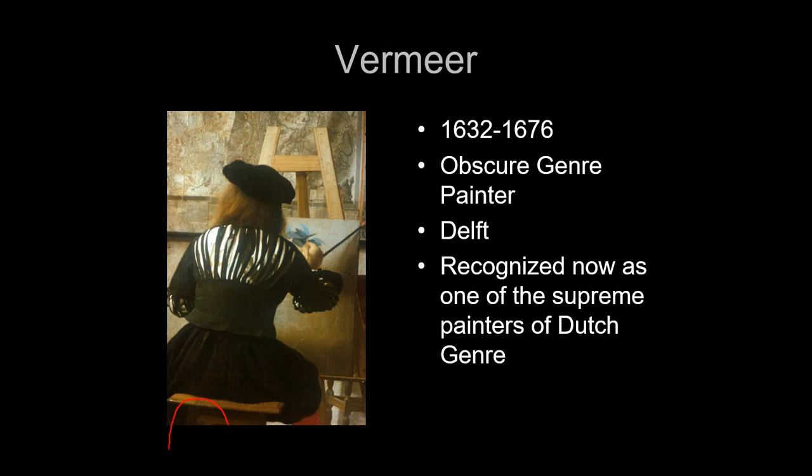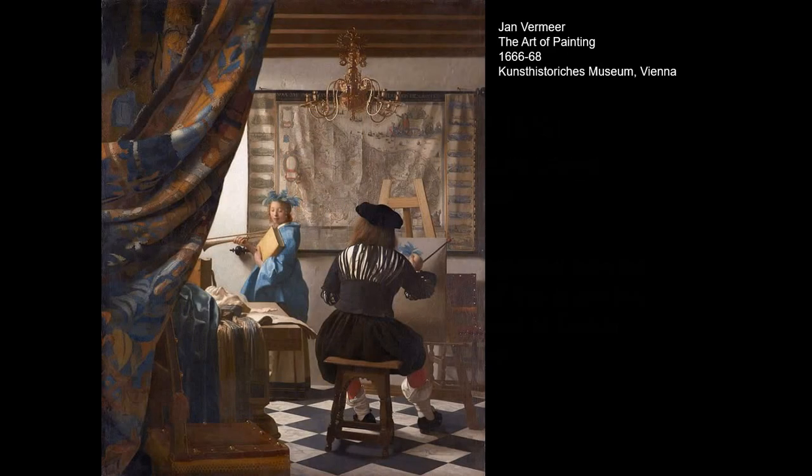But Vermeer was a relatively unknown painter, not terribly famous in his own time, and fell into obscurity for a couple of centuries. It isn't until the 19th century that people start looking at his paintings and realizing how exceptional they are. I think it's very appropriate that when we look at him, this may be his only portrait, and we never see his face. We're seeing him from the back. And he's now recognized as one of the supreme painters of Dutch genre art. This is The Art of Painting. This is one we talked about before, but again, it demonstrates so much about why Vermeer is significant today.